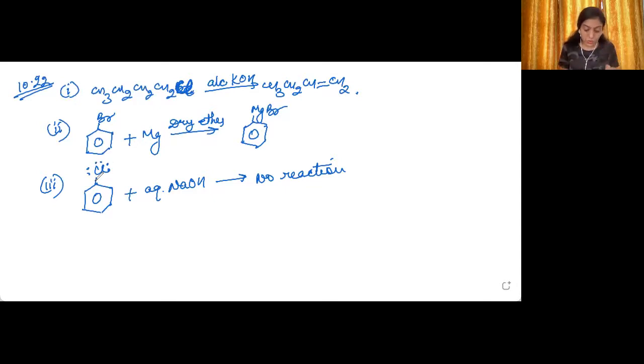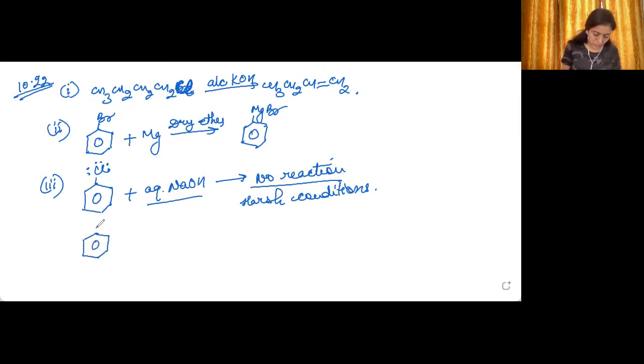But if we actually need to carry out this reaction, we need to give very harsh conditions. Actually, this is the question of the Dow process. If no condition is given, you can write no reaction. But if the conditions are there, then you can write the product formed. It will be treated with aqueous NaOH, the temperature is going to be 623 Kelvin, I hope this is the right temperature, and the pressure will be 300 atmosphere. Now this is the Dow process.